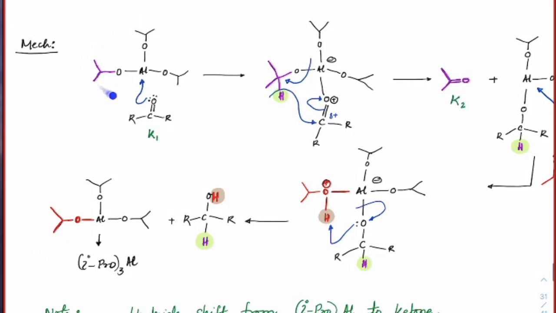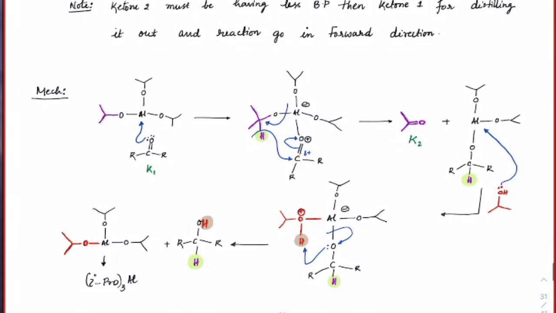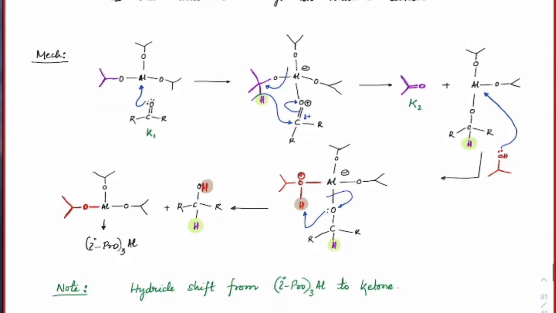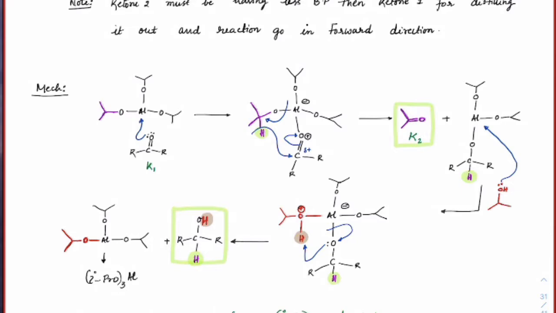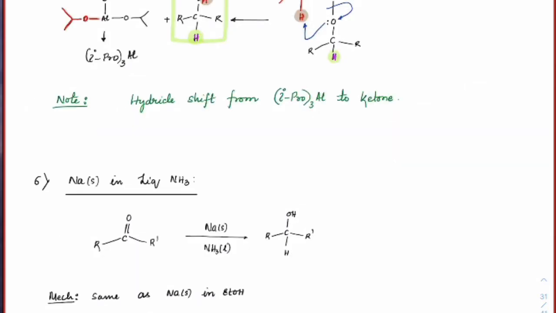So initially whatever isopropoxy group you have taken, that is tri-isopropoxy aluminium, it is the same aluminium isopropoxide which has finally been obtained. That is the reason the alcohol which you are choosing should match the structural features of this, so that it can act like a catalyst eventually. So if you see the products, this is one product, see the product line here. We got this as one product and this as the other product. So this is the ketone 1 which got converted into alcohol, and the alcohol which got converted into ketone. So that was the other reduction reaction.